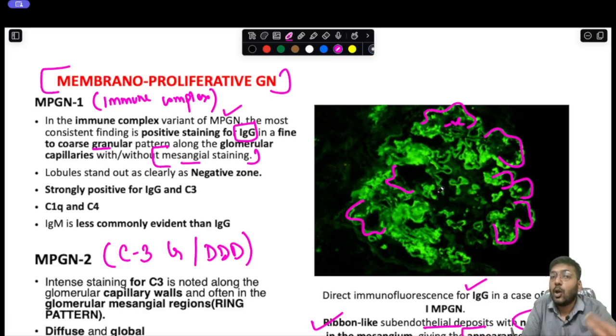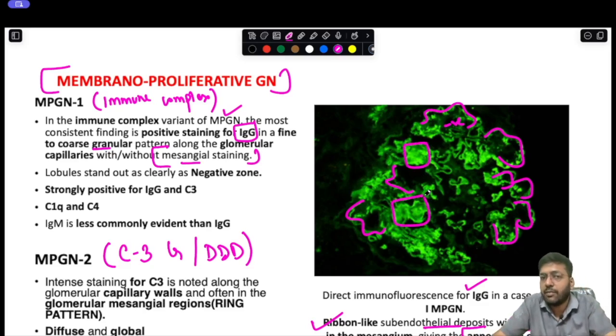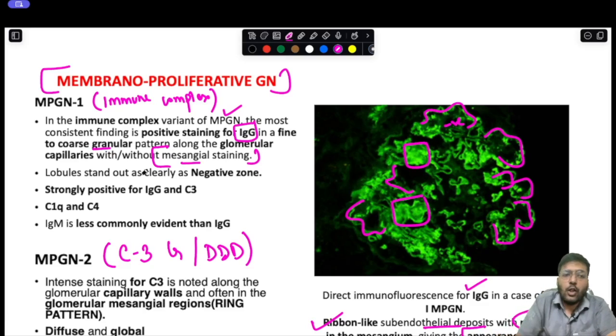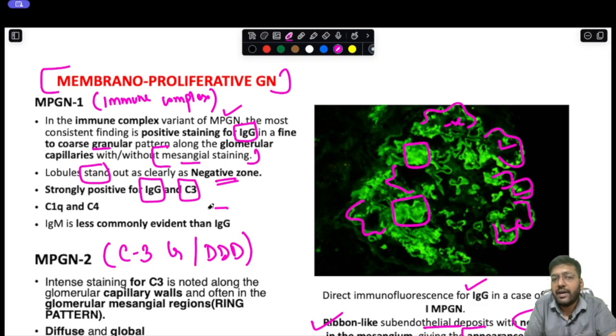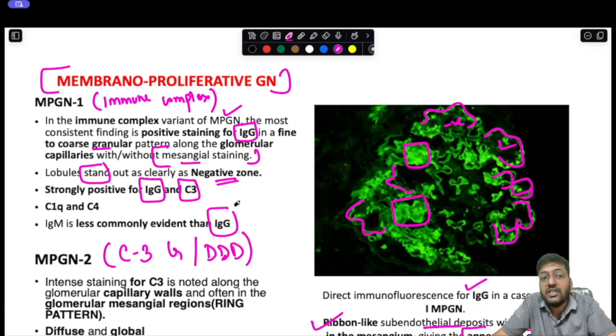So this is giving a lobulated appearance, although at certain areas mesangial deposits can also be seen in the MPGN type 1. Okay, so the lobules stand out as a clearly negative zone. As we can see, this looks like a negative zone, so we are calling it a lobule. They are strongly positive for IgG and C3. C1q and C4 also are positive in a few cases. IgM is less commonly evident in comparison to the IgG. So this is about your MPGN type 1, immune complex mediated membranoproliferative glomerulonephritis, and this is the most